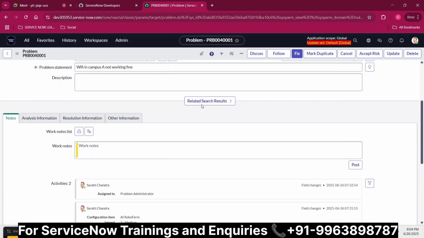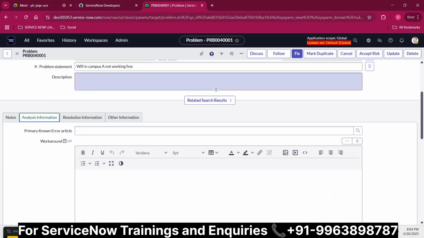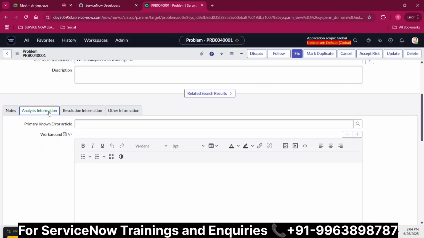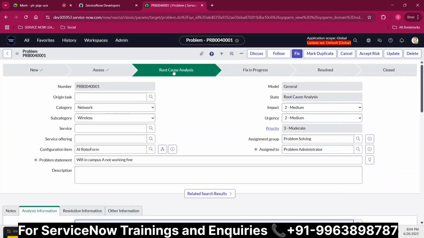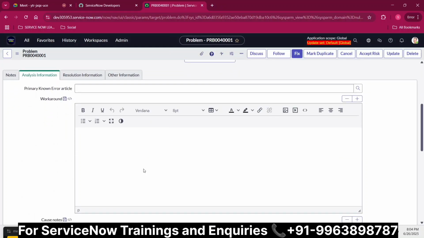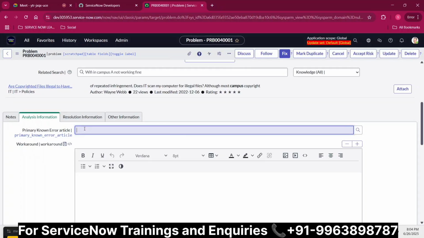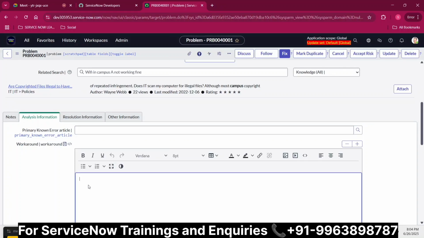And here we have analysis information. As we have the root cause analysis, we have the analysis information section where you need to fill in the details: what is the root cause of this problem. If the Wi-Fi is not working fine, then as he is a problem manager or problem administrator, he knows the frequent issues upcoming in the organization. Then he has some primary known error article. Just mention the name here if you have any article. If not, just directly mention